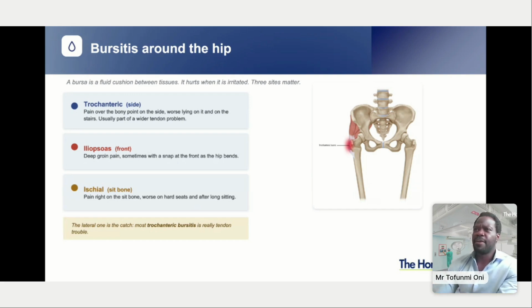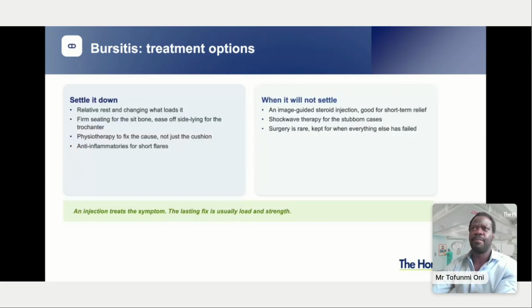And wherever there is a bursa, which tends to be where tendons are attaching, there is a propensity to be prone to inflammation of that point with the tendons and the bursa around it, and therefore a bursitis. But the concepts of treatment are the same, regardless of where the bursitis is, which is you try and settle it down in the most